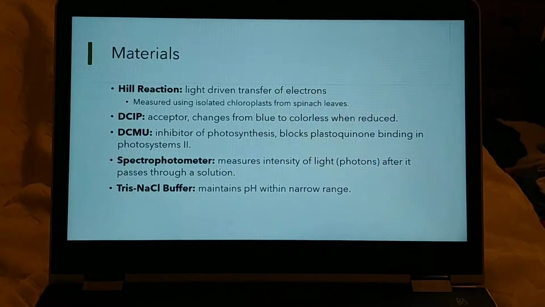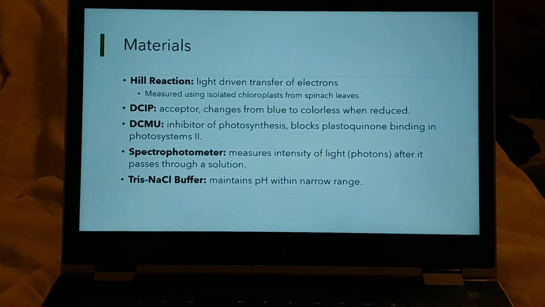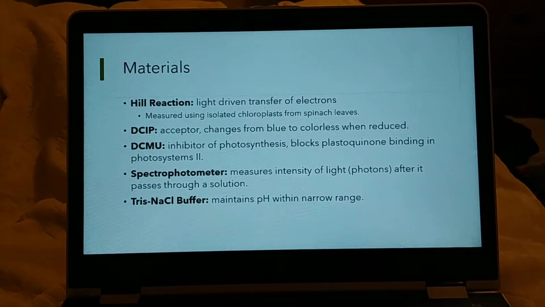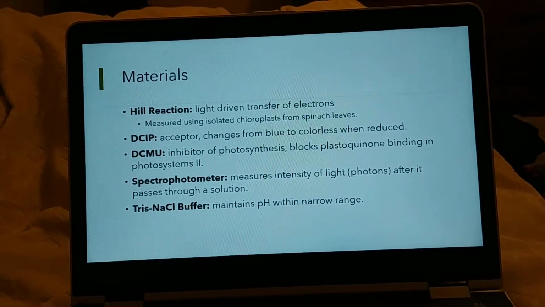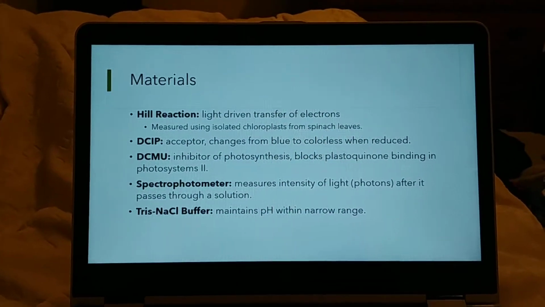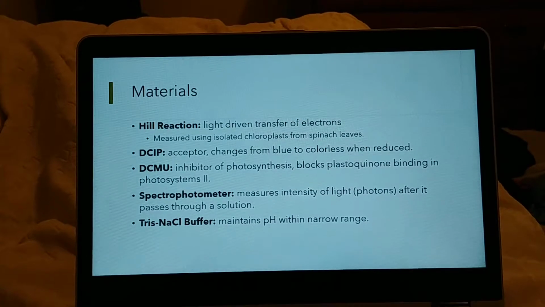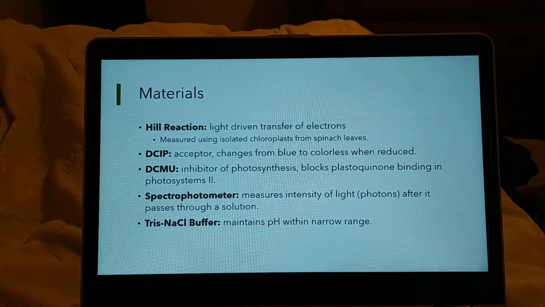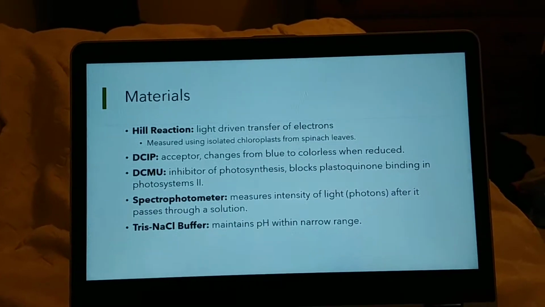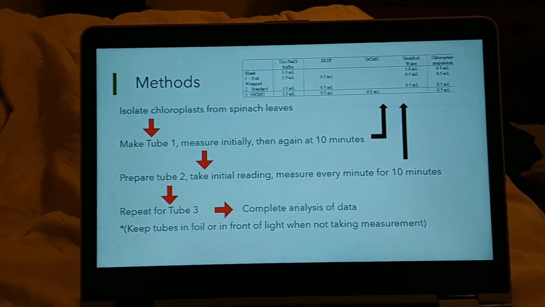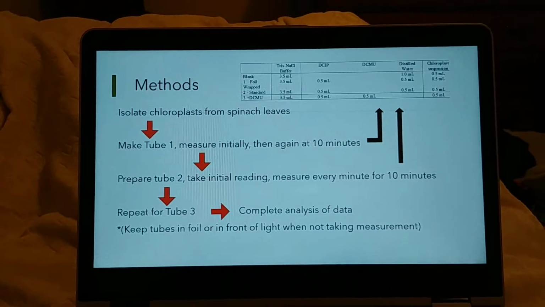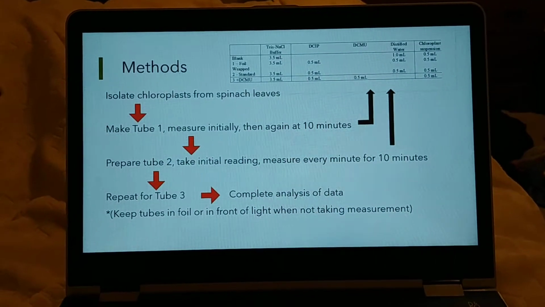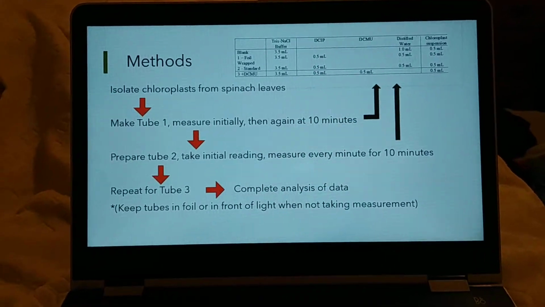The spectrophotometer was used to measure the absorbance of each tube throughout a time of 10 minutes, and it essentially measures the intensity of light or photons as it passes through a solution. The tris NaCl buffer was also used in all tubes, and it maintained the pH of all the tubes within a certain range. So if we had been at Cortland and done this experiment, first we would have isolated chloroplasts